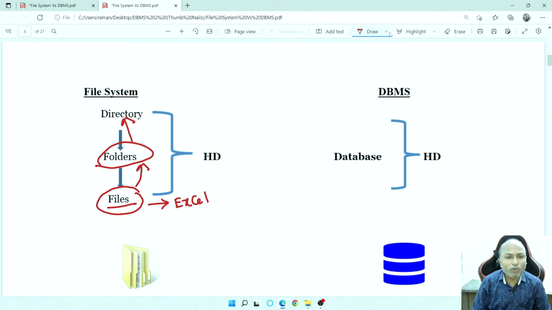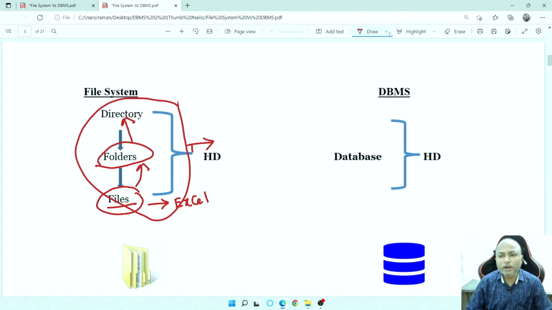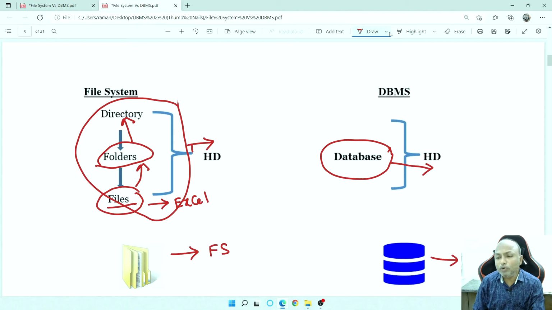All these things, where will we store? We have to store finally in the hard disk only. Database also you have to store in hard disk only. In file system the files are distributed and they are individual files, whereas coming to the database management system, we are going to keep the files centrally. So you can say that here also you are using file systems and under DBMS also we are using file system. Because of this management, as the data is maintained centrally in database management system, we have so many advantages.